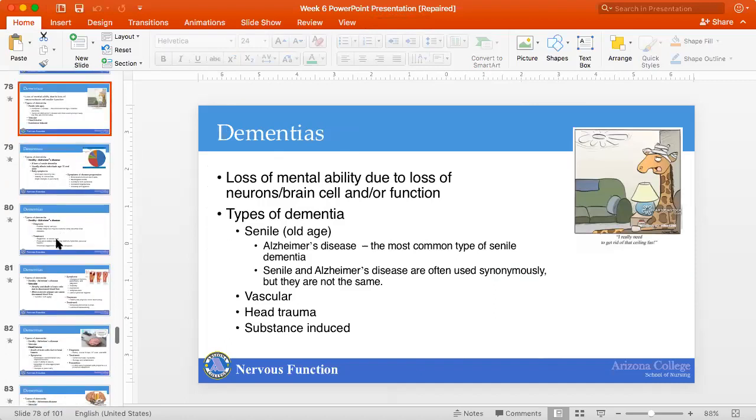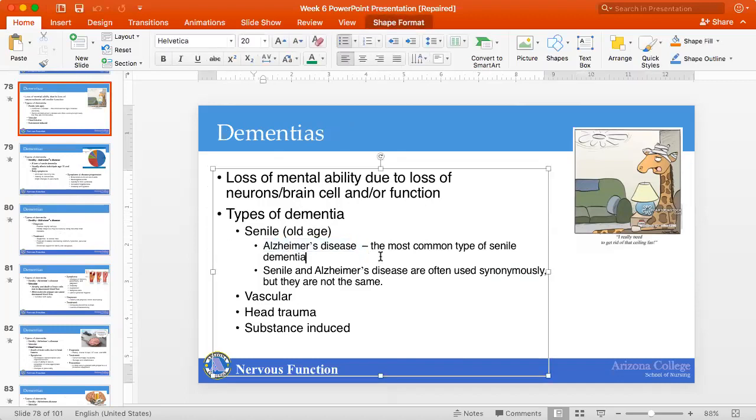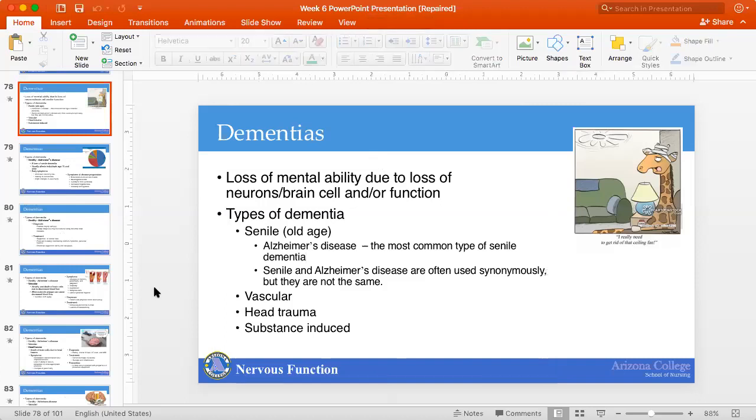Dementias are loss of mental ability due to loss of neurons, brain cells, and or function. So there's a few different types of dementia. So senile or old age dementia. Many of us have heard of Alzheimer's disease. This is the most common type of senile dementia. Senile and Alzheimer's disease are often used synonymously, but they are not quite the same in that